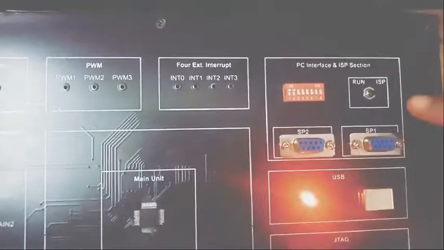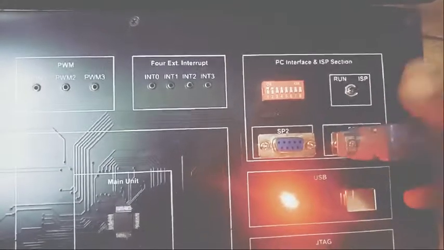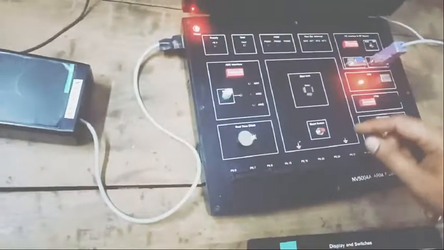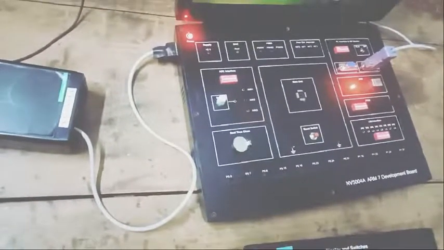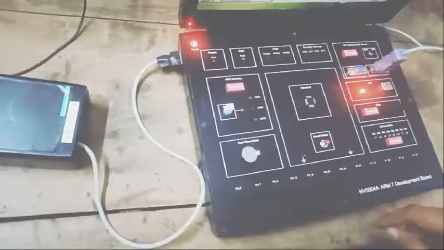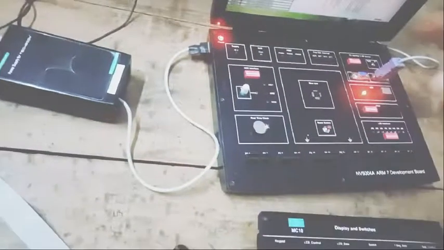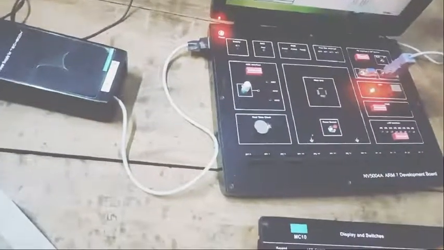Connect this with the SP1. Now the connection is made between the host PC in which the program is there and the ARM board. Now we have to flash the program on the ARM board, for which again we have to move to the flash utility software.